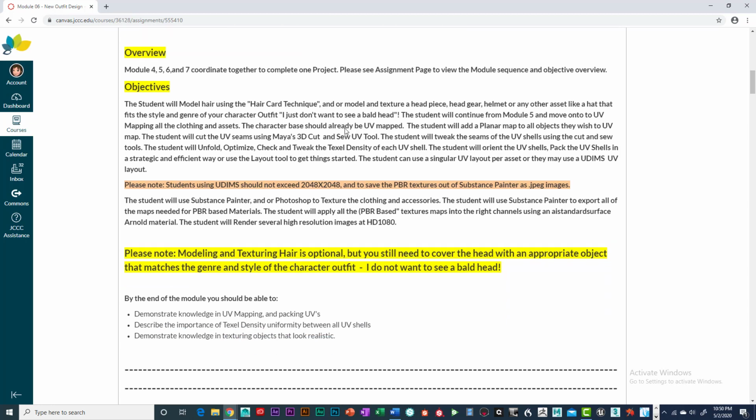But we are continuing. You should have everything modeled. And so the objectives this week is to UV map all the outfit pieces that you have and lay them out as UVs. Now you don't have to use UDIMs. I'm not forcing you to, but if you do use UDIMs, that you stick with a strict 2048 by 2048 because we've had some issues with computers not being able to handle this much texture map